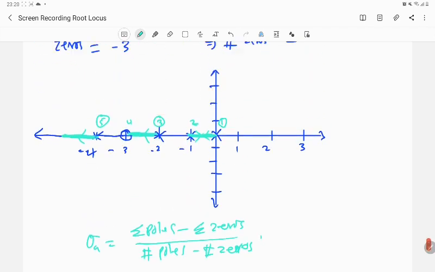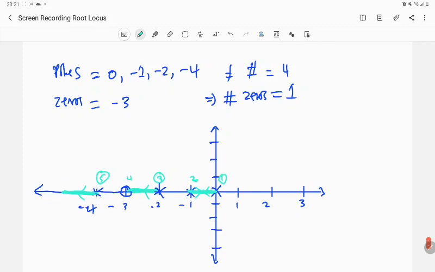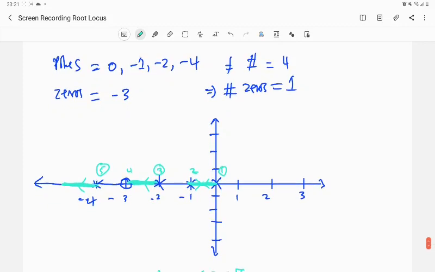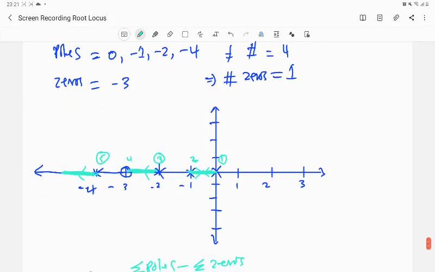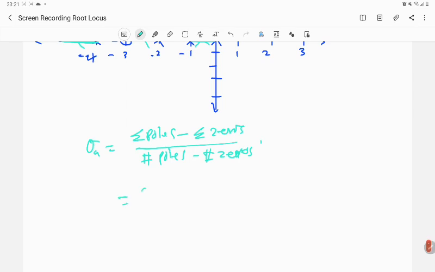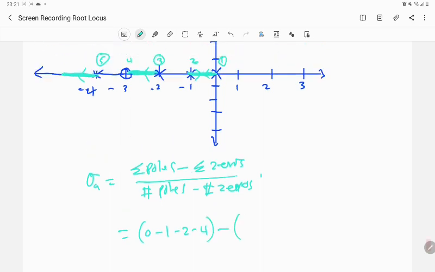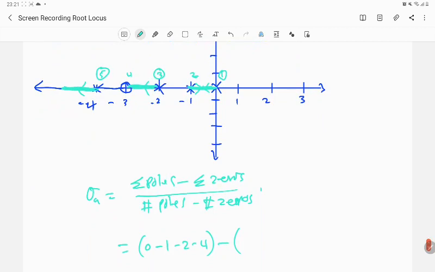Okay, so summation of poles is going to give me 0 plus -1 plus -2 plus -4, minus summation of zeros, that is -3,